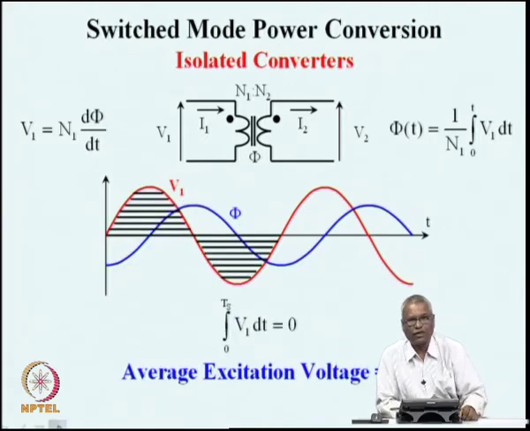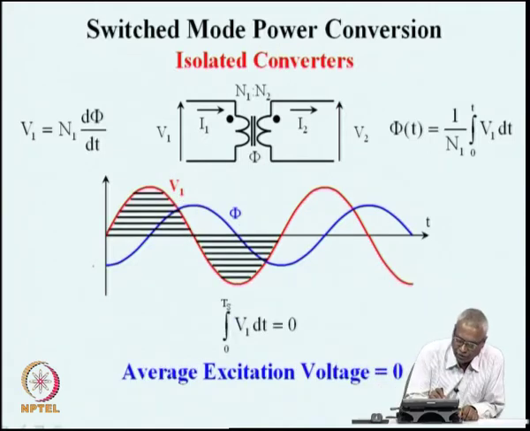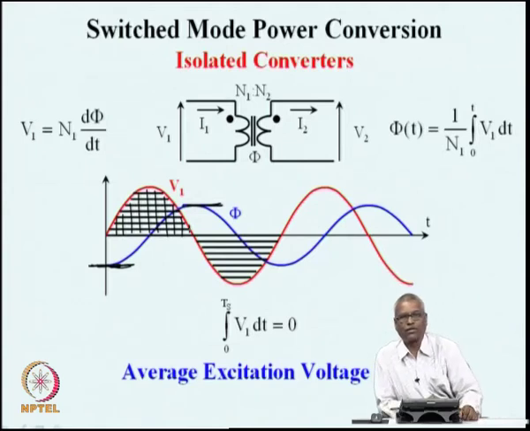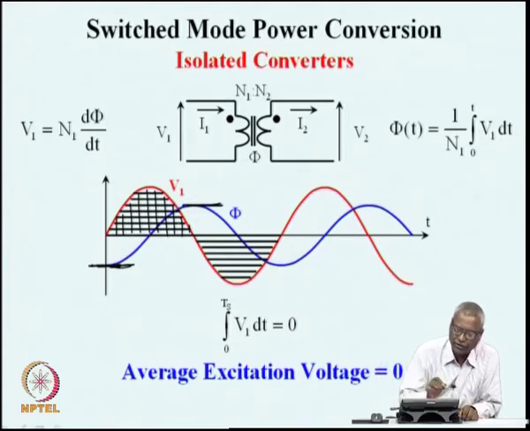If you see this curve, you can see that the swing of the flux from the minimum to the maximum is decided by the volt second balance, or the double hatched area that I show here, and the swing in the next half cycle from maximum flux to minimum flux is equal to the volt second area that I am just now seeing in the double hatched line.